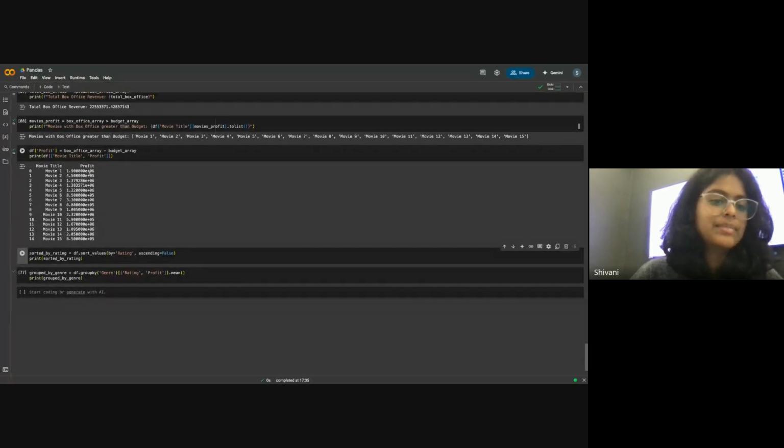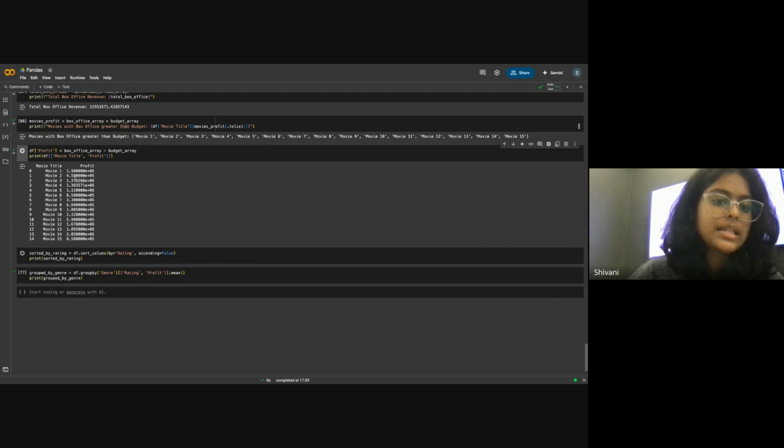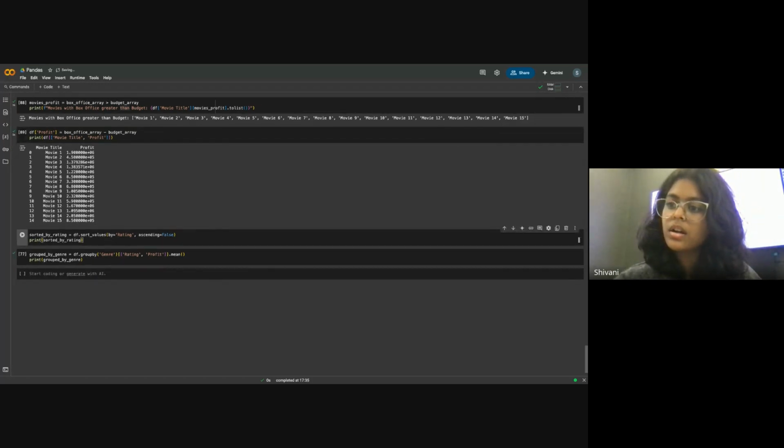It is in this particular format, but we can do some formatting to change it and remove this. But it is the right number for the formats. And then the next thing we wanted to do is create a new column, profit, which we have already done, and then